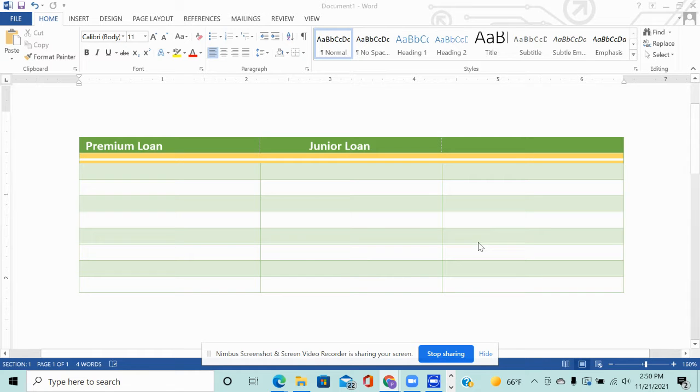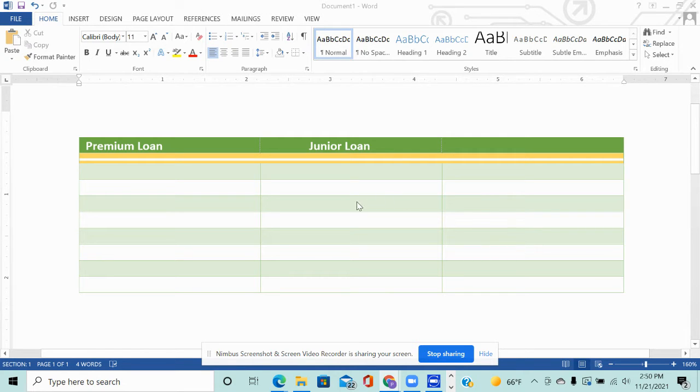Hi class, this is Patty Medina again, and in this video I will show you some selection techniques when you're working with a table. All right, so in our previous video we learned that if we are trying to select